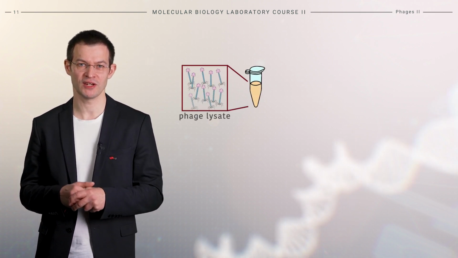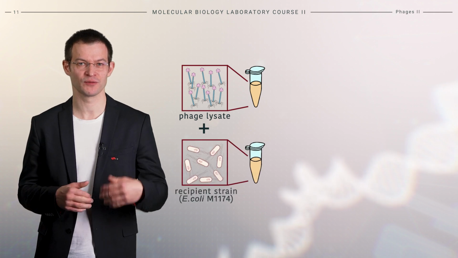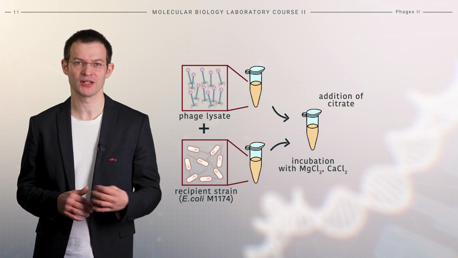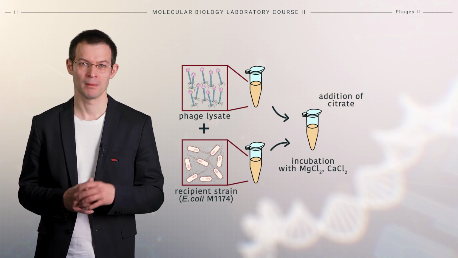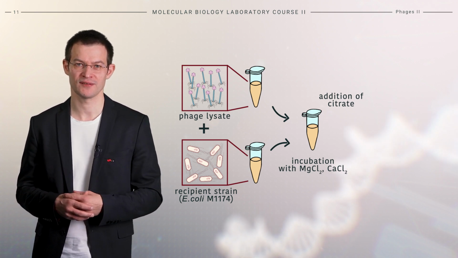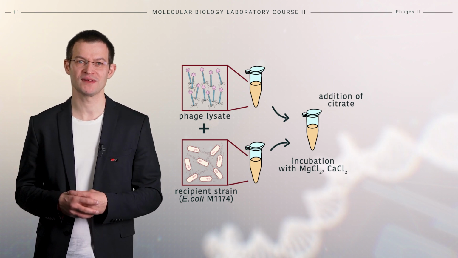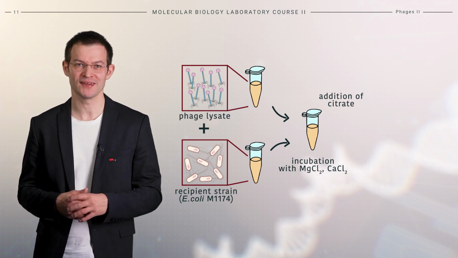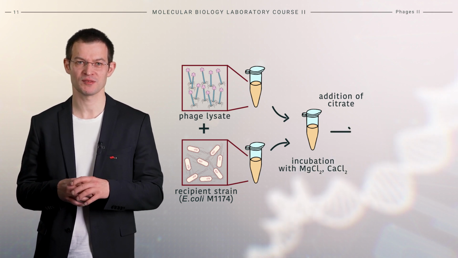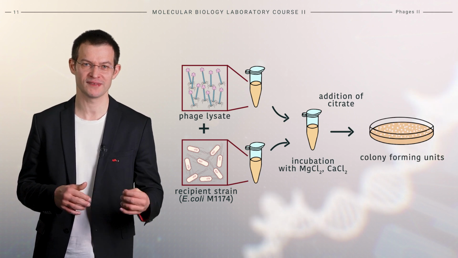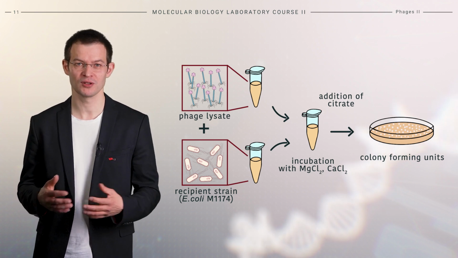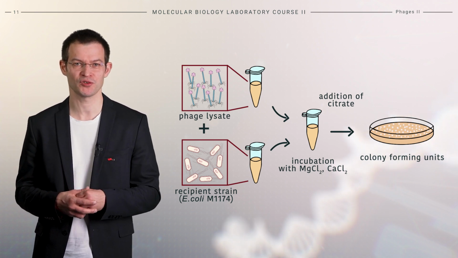A dilution series of the phage lysate is mixed with an aliquot of the recipient strain. To stop the infection process, an excess of sodium citrate is added to the reaction mix. The citrate ions will chelate the cations and prevent further phage infections. This step is crucial to prevent secondary infections and the potential lysis of desired transductants by residual phages. The mixture is then spread on an agar plate containing both ampicillin and streptomycin to apply selection pressure. After overnight incubation, colony-forming units can be observed and counted.